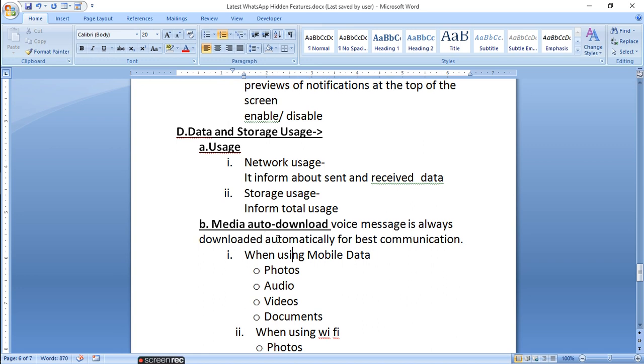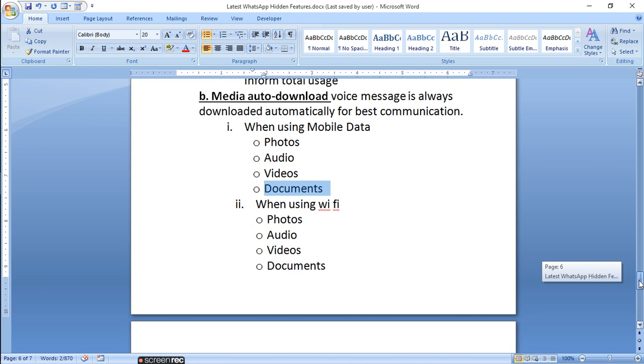Voice message is always downloaded automatically for best communication, because for communication you need the voice message to download itself. When using mobile data, when to use it for photos, audio, video, documents? When using WiFi, what to set? Generally we do not set all these, we set no media, because downloading all this takes a lot of memory. When using WiFi, then we set photo, audio, video, document which you want.